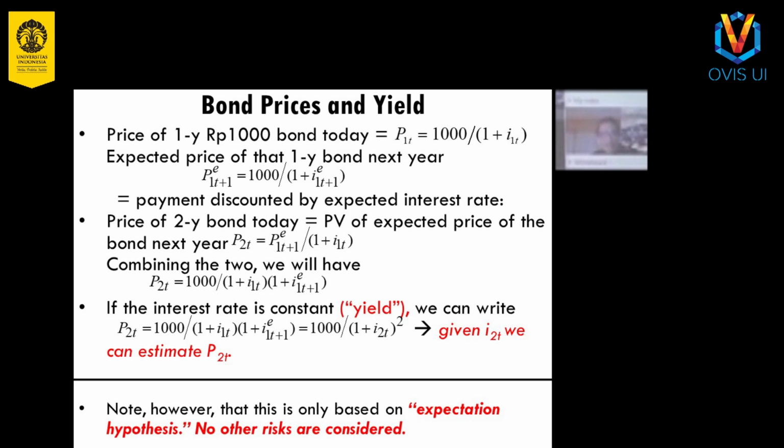With that kind of knowledge, we are ready to understand the bond price and the yield, as well as the stock price and stock return later on. So let's start with the bonds here. Suppose the price of a 1 year bond, because each bond has a maturity, right? So let's talk about a 1 year bond. If the price of a 1 year bond is 1,000 rupiah today,